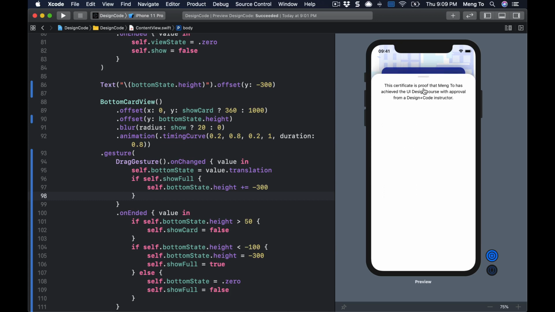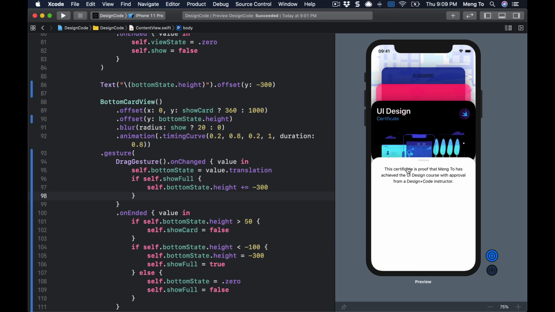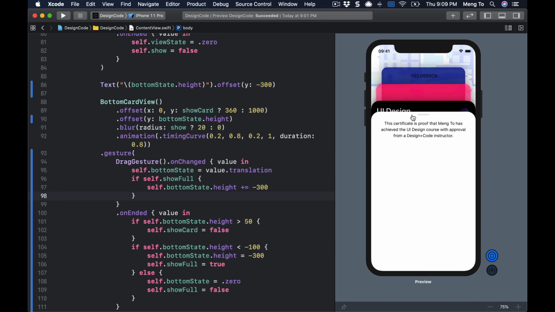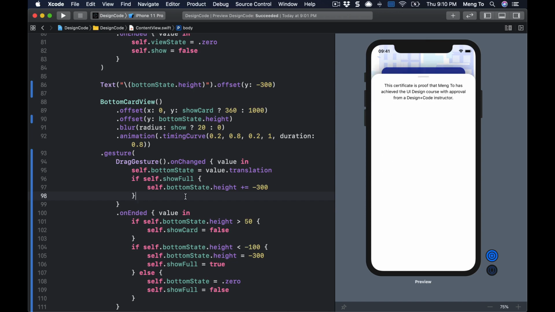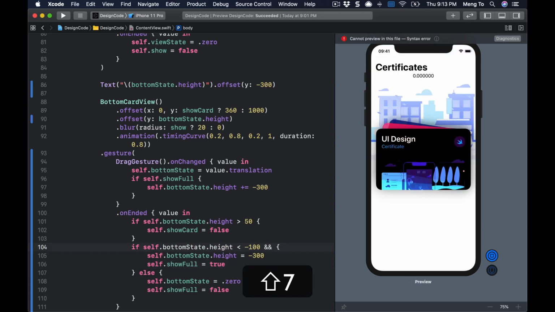There's another improvement that we can make. If we drag at, let's say, minus 250, it should be resetting to this position. But right now, I have to drag all the way to minus 100 to be able to do that. And that's not optimal. So I want to show you that you can have multiple conditions at once. The condition that we're interested in is this one, where it says, let's show the full card at position minus 300. So we need to run this code only when we're not showing the full card. So we can type &&, exclamation point, which is saying not